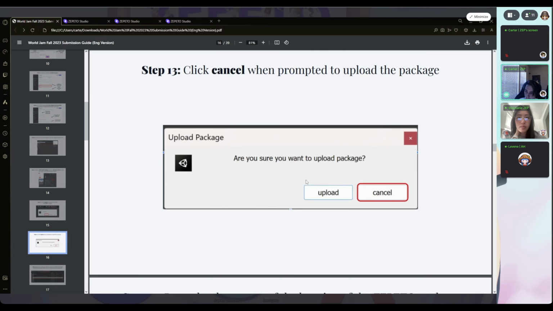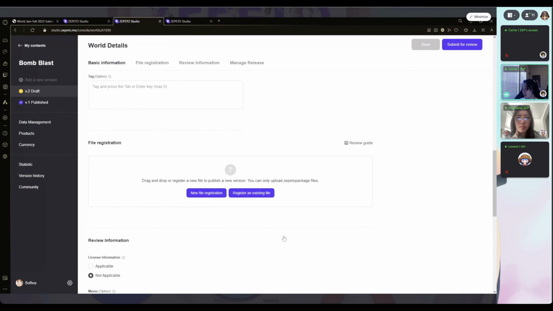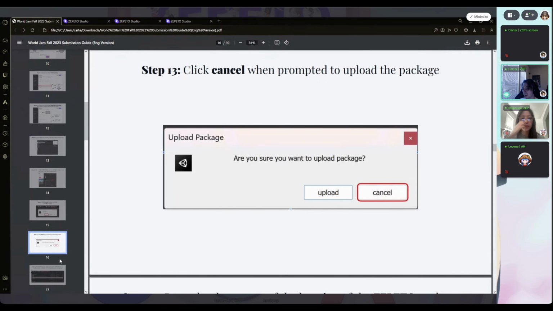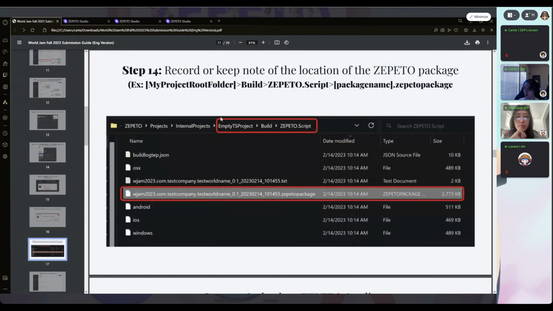Let me explain that in a little bit further detail. If you click upload, it should automatically upload to your ZEPETO account and ZEPETO Studio, and you should automatically see it pop up here. But the other way to do it is to click cancel. If you go into your project folder, you have to find wherever you created the Unity project. And then you go into build,